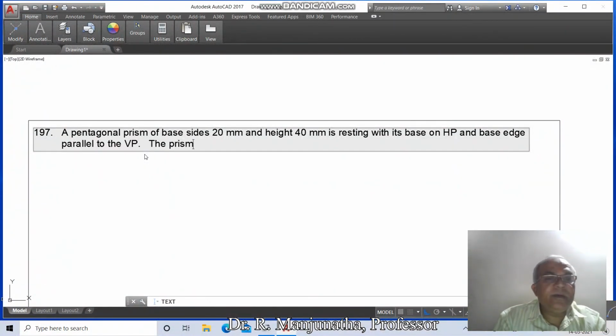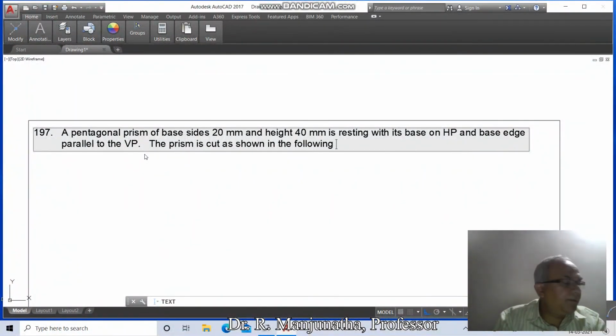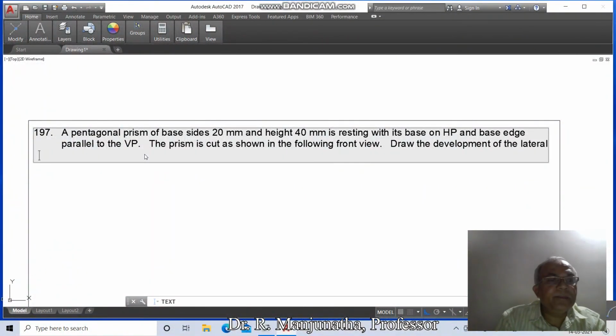The prism is cut as shown in the following front view. Draw the development of the lateral surface of the prism.